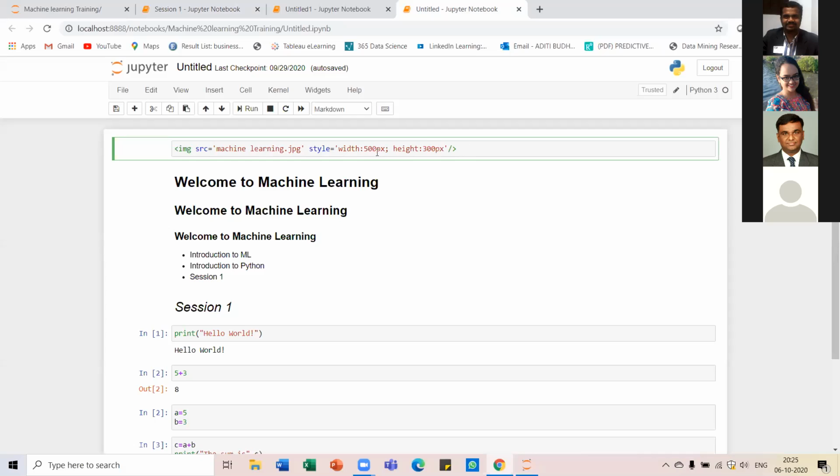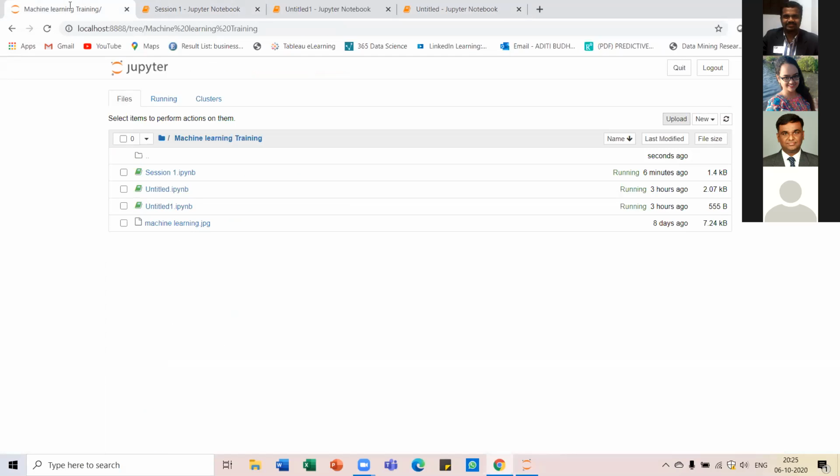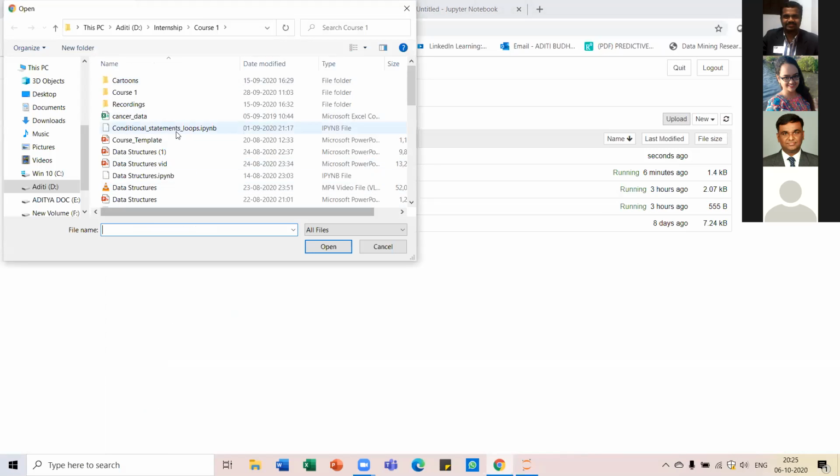You can download any random picture, or if you have it on your computer, go to our main homepage, go to the folder where your picture is, and upload it in your folder in this Jupyter.